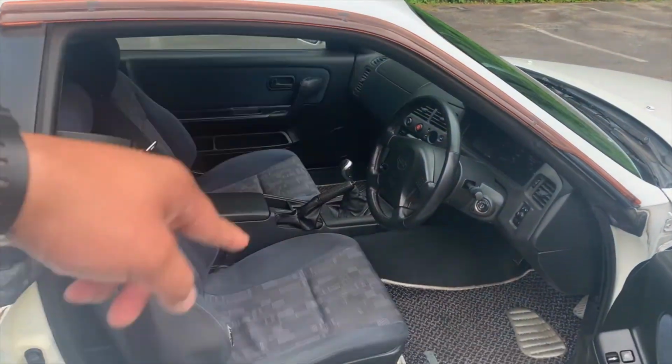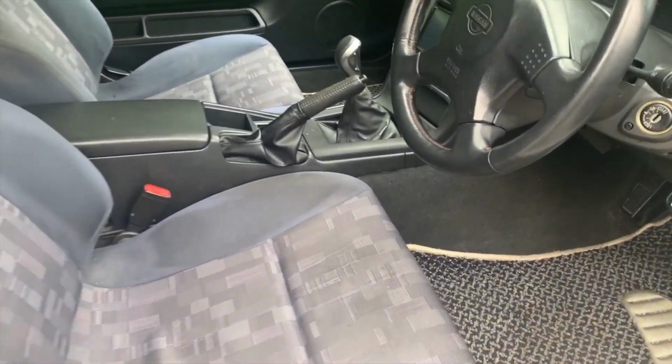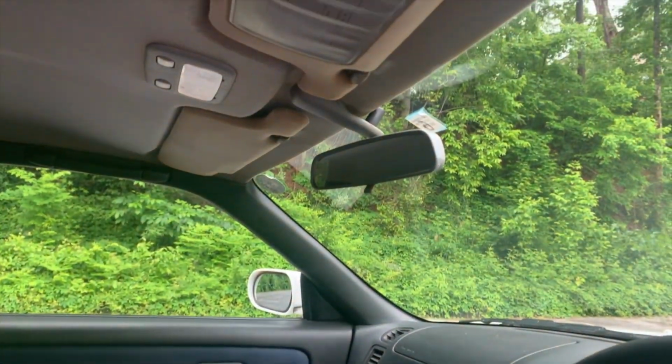We are going to get it ozoned. We're going to shampoo the carpets. We're going to, you know, again, get rid of that scent. But it definitely has been smoked in. You can confirm that by just the...